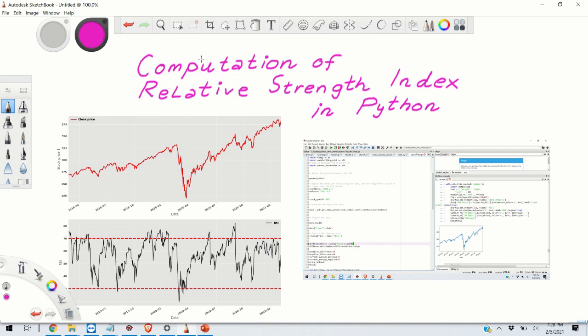Hello everyone, in today's video we are going to learn how to compute the relative strength index of stock prices